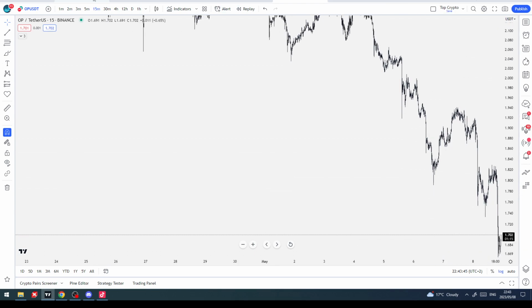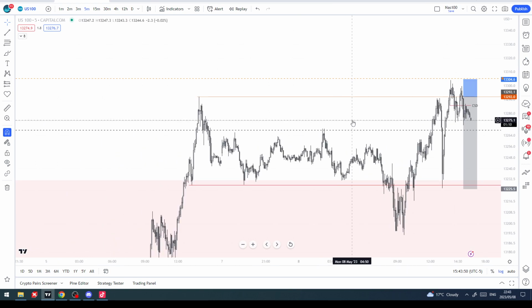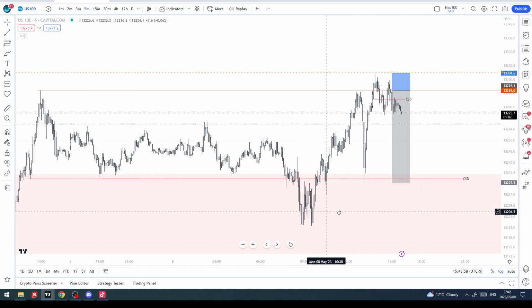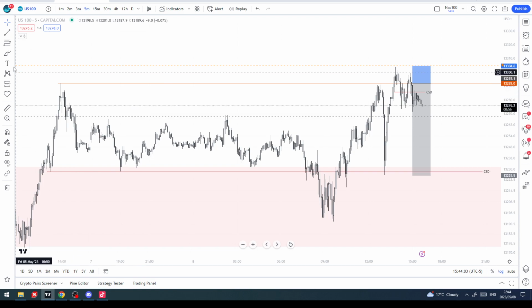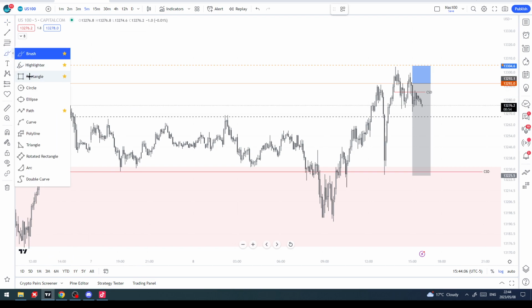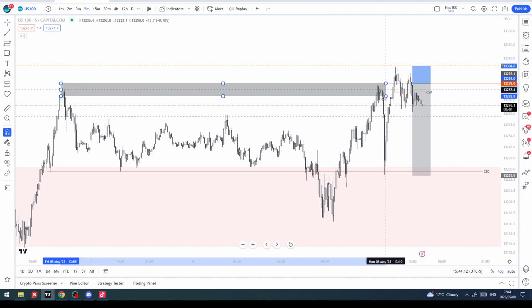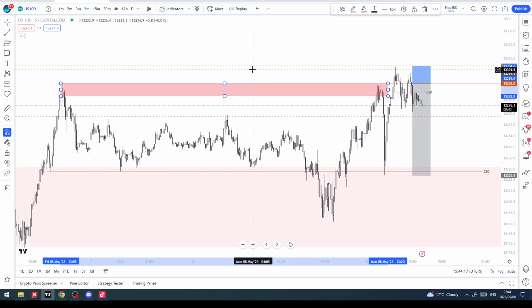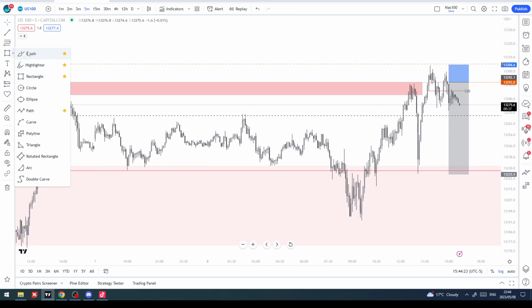What else, guys? Let's go to NAS and have a look at what's going on. So with NAS, honestly, I didn't expect it to take the high here, but it did take the highs. I was long on NAS from down here, and I'll tell you where I took it to. I took it to the rejection block here. Look what happened immediately after that. And I should have shorted, but I think I got the cold shoulder on this one.